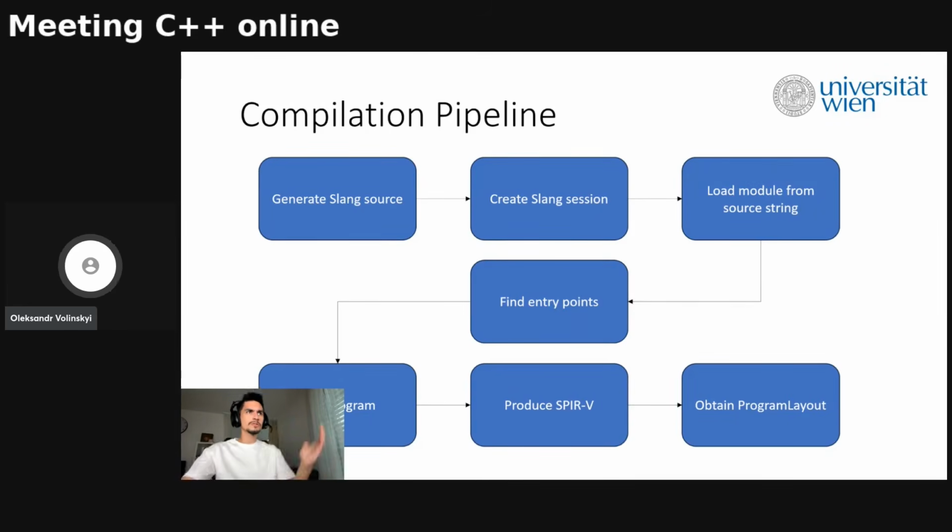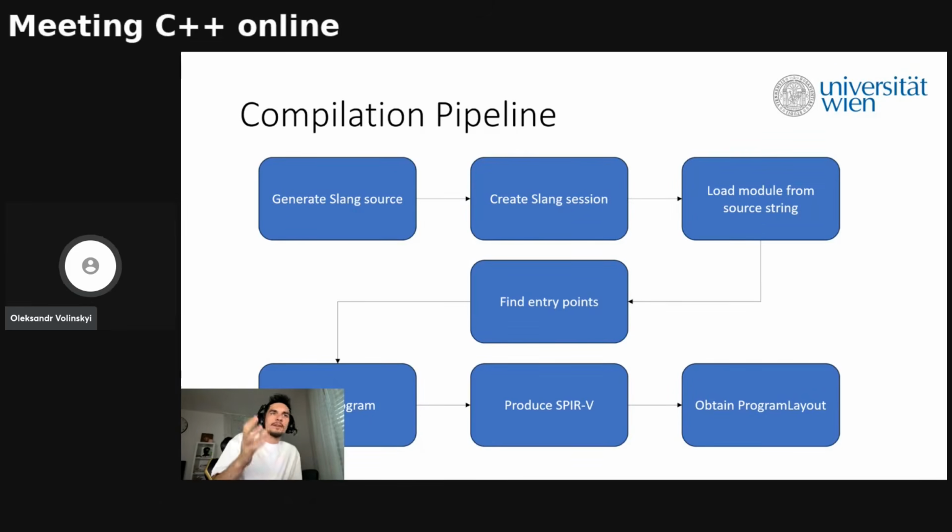First, the system creates a Slang session. That's the first thing that happens. Then it loads the generated module from a source string. And this is important because the shader code does not need to exist as a manually written file on disk or somewhere. So it loads the module from the source string, and this source string we got from the Slang factory, so it was generated from the shader request.